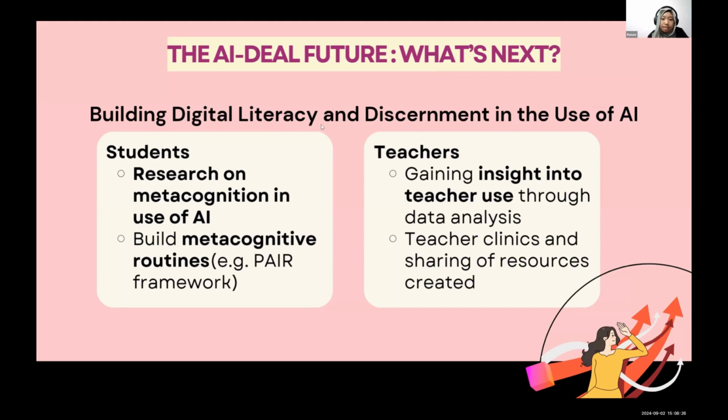I also am doing a lot of teacher clinics and sharing of resources. Sometimes it's strange that AI is supposed to make things faster and better, but when we're all grappling, it actually makes things slower because we're all trying to learn how to do it, and we're all doing the same thing. So I think I want to help teachers really find a way to use it efficiently and mindfully. Yeah, so that's really me in the 5 minutes that I'm allowed to say anything. And if there are any questions, I'll be happy to field them later. Yeah, thank you.